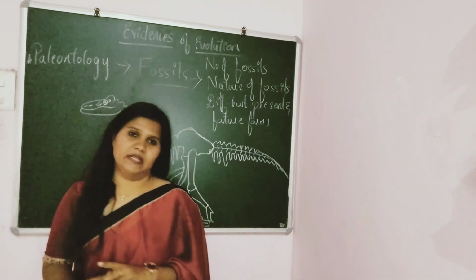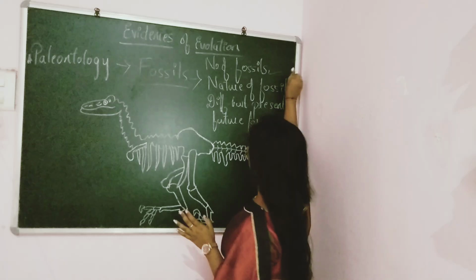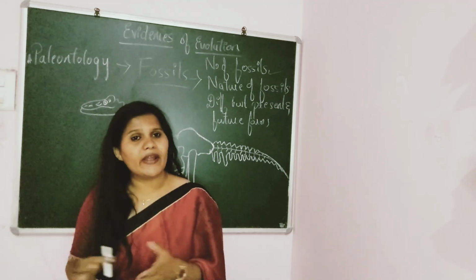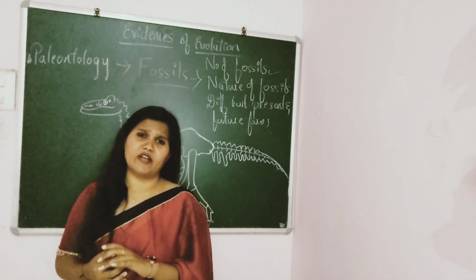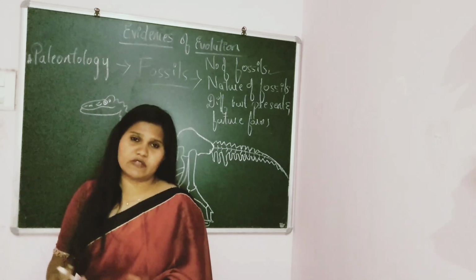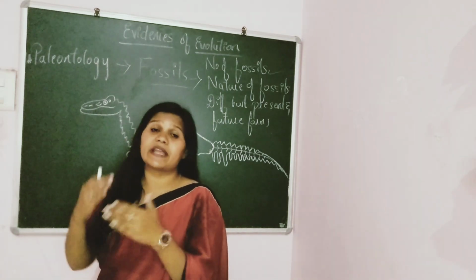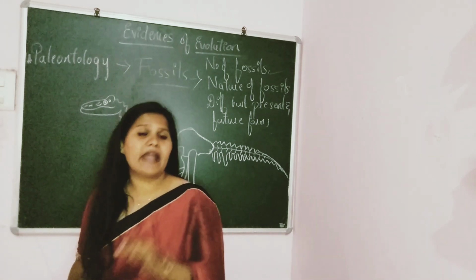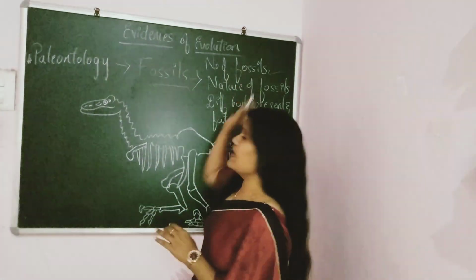So what does it mean? If I get the fossil of this dinosaur, we will get to know how many fossils there are. We cannot find the fossil of just a single species, right? There are hundreds, billions of species on the earth. If we dig the earth to find fossils, as a paleontologist we will notice a large number of fossils, and after studying them we'll get to know what kind of organism it is and to which category or species it belongs. That is the number of fossils.